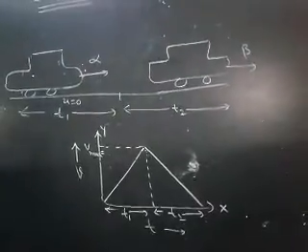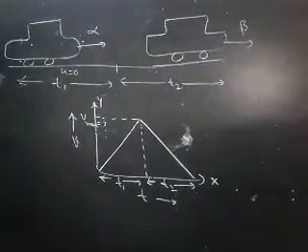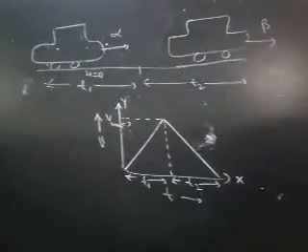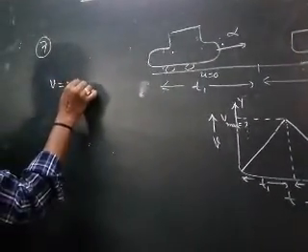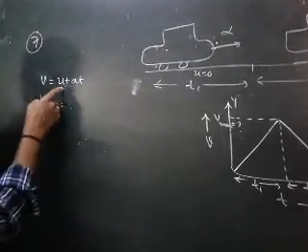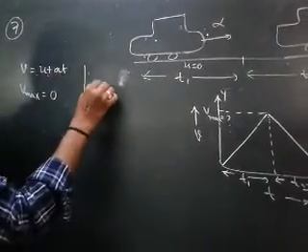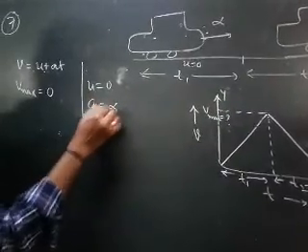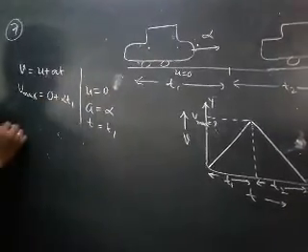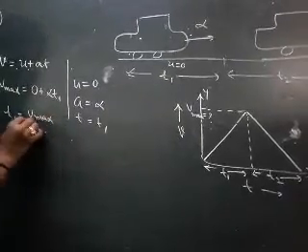The maximum velocity attained by the particle, that is, the maximum velocity acquired by the car. What is the maximum velocity? Using the relation v is equal to u plus at, the maximum velocity v, with u equal to 0 since it starts from rest, a equal to alpha and time t equal to t1, is alpha into t1. Therefore t1 is equal to v maximum by alpha.